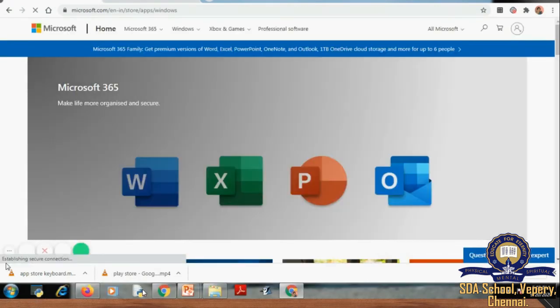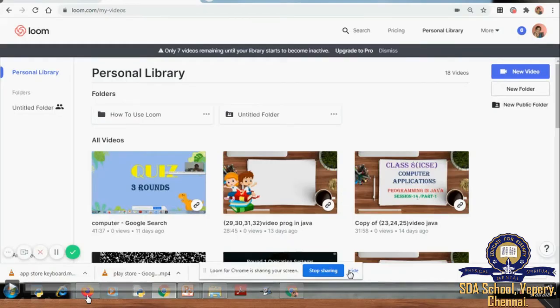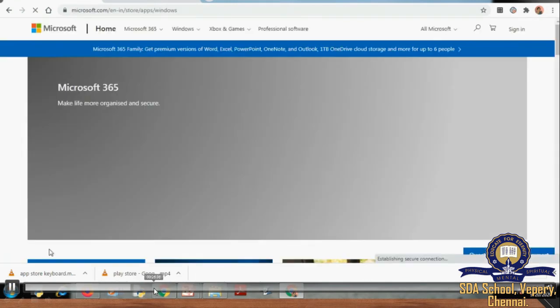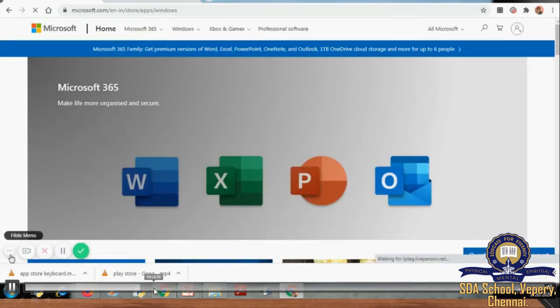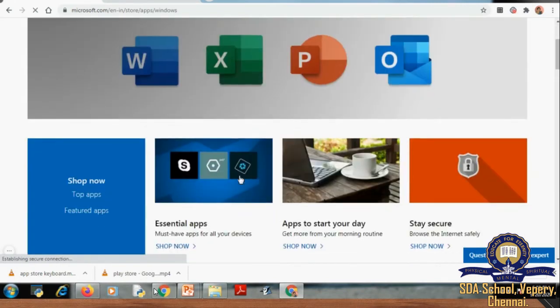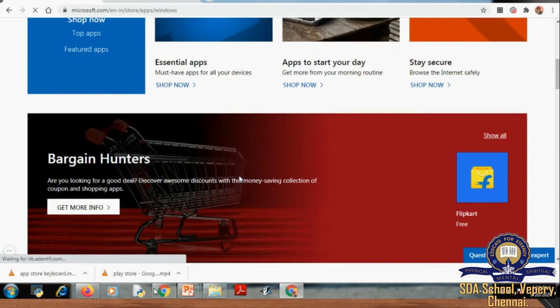In Windows, you will have Microsoft.com like apple.com. In that Microsoft.com, can you see the multiple options here? One minute. Here, Windows Microsoft.com, click onto that. Once you click onto this, you will see the options: Word, Excel, PowerPoint, Office, any applications you want to work in your mobile phone.